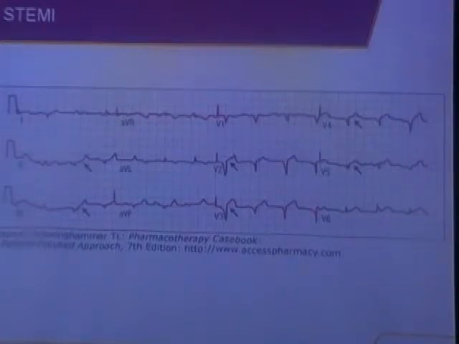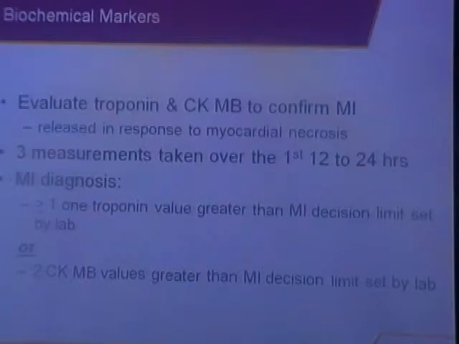If a patient has come with the ECG at the beginning, which is normal, it should always be repeated after half an hour and then again after 1 hour intervals to see if there is any serial changes. Sometimes an initial ECG, even in an ST elevation MI, can be normal in up to 5 to 10% cases. In 90% of the cases, the ECG shows at presentation, but in 5 to 10%, an initial ECG can be normal. So serial ECGs are important, as well as serial troponins and CPKMB.